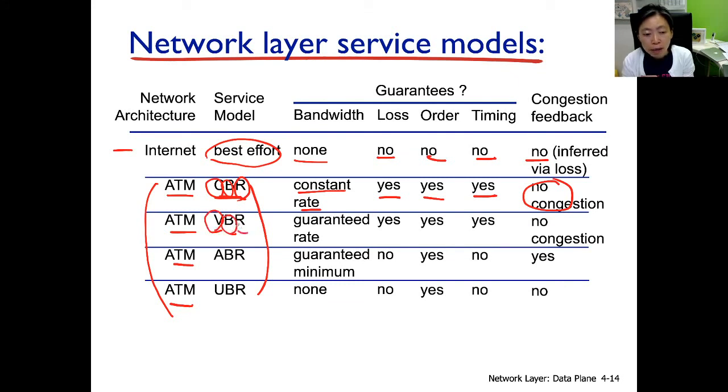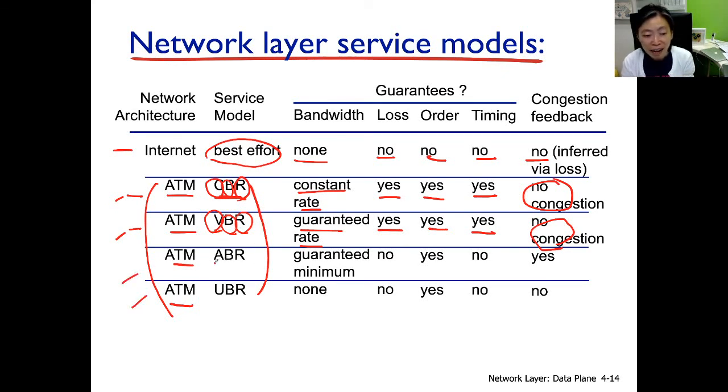Variable bit rate service. So this is actually guaranteeing the maximum bandwidth required by a variable bit rate data stream. So there's no loss because we are guaranteeing to the maximum rate, right? So packets arriving in order, there's no delay as well, no congestion. So you see here, these two are highly guaranteeing everything, but one for the constant data stream, this one is for the variable rate data stream. Now, these two,